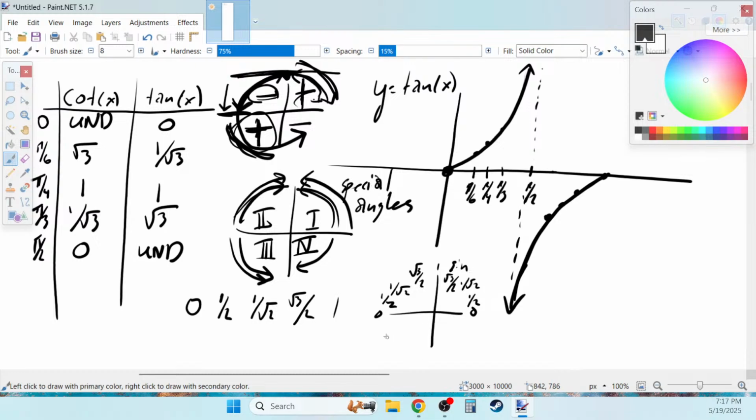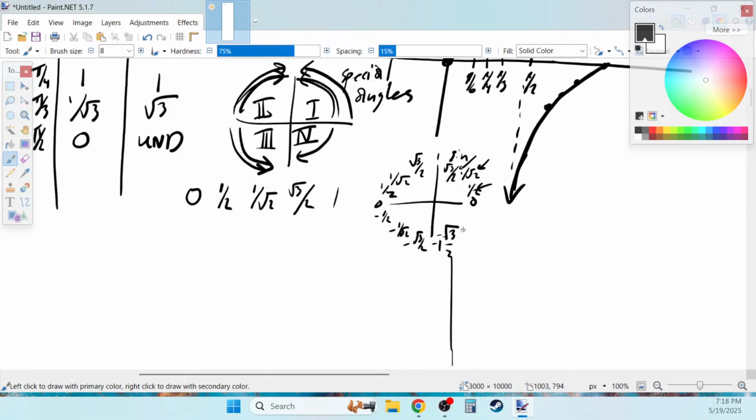And then as we continue around the circle, we're going to get negative 1/2. Notice it's the same value here, except negative. It'll be the same value here, 1 over square root 2, negative square root 3 over 2, negative 1, negative square root 3 over 2, negative 1/2, right, negative 1 over square root 2, negative 1/2, and then 0 again as we go around the circle for sine. Same idea for